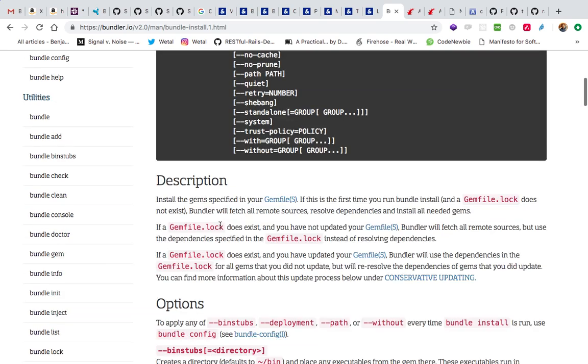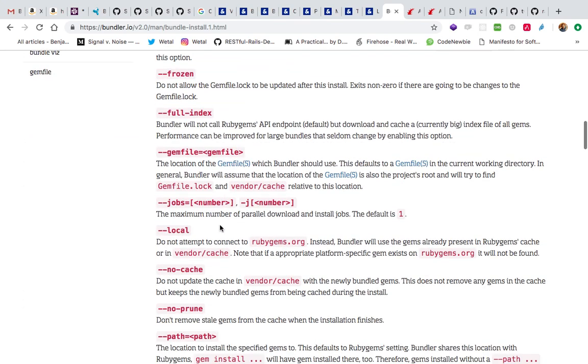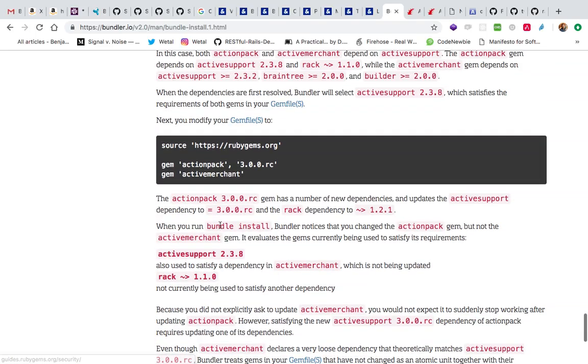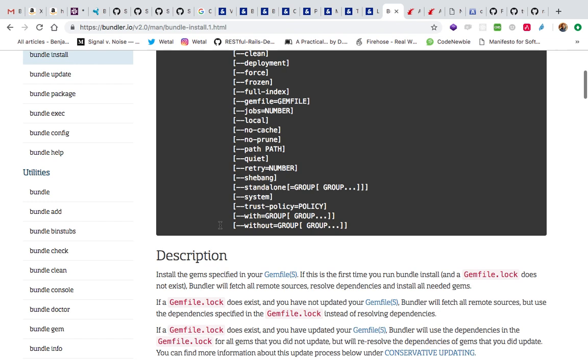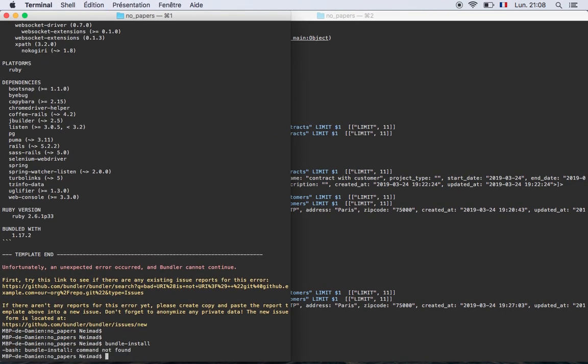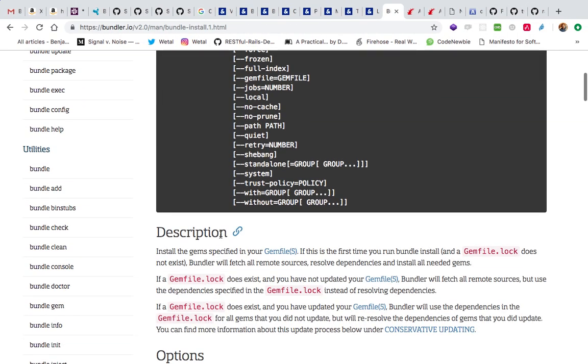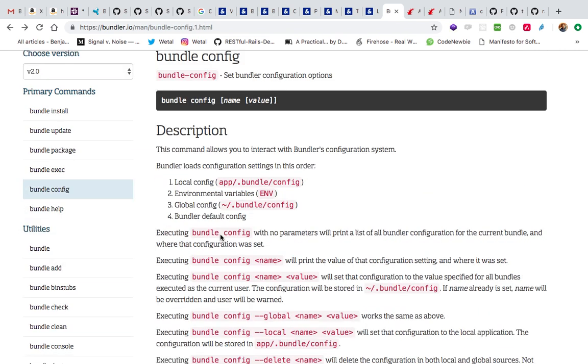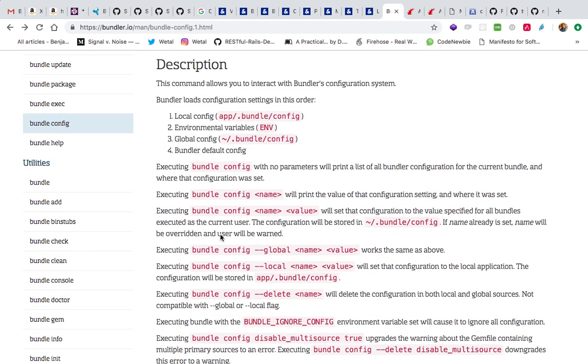Oh my goodness. Oh, maybe. No, shouldn't be. Shouldn't be that. Man. What did I do? Config global